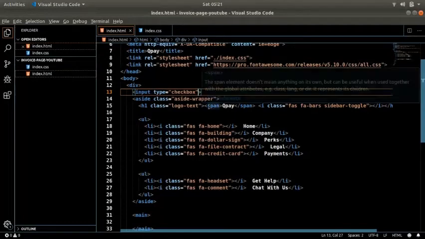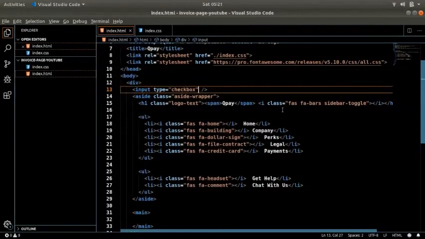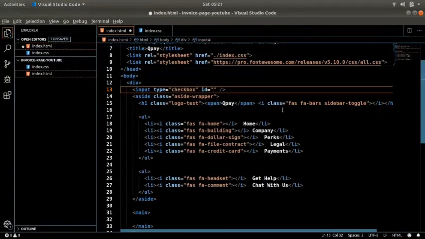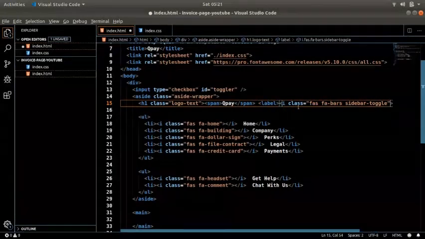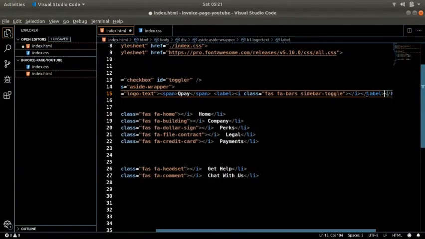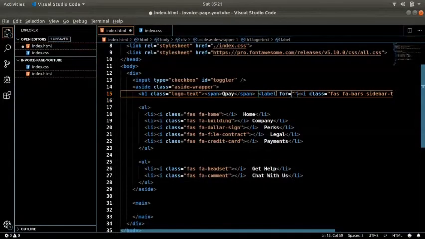And then I will give this one an ID of, let's say, toggler, and over here I'll have to add a label around the hamburger. See, without label it won't work, and the for attribute for label should match the ID attribute of the input, which is toggler.